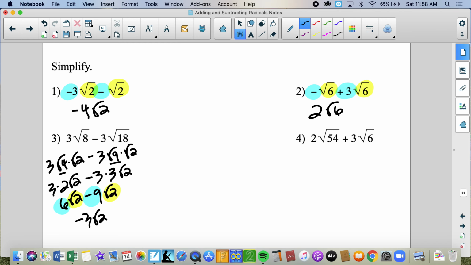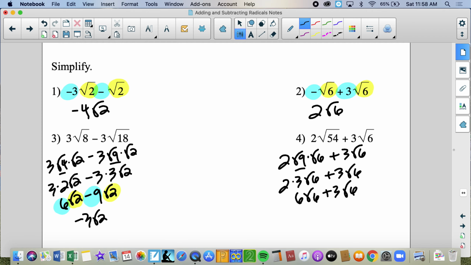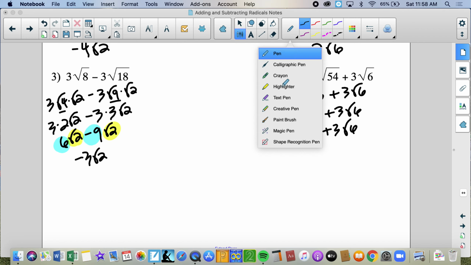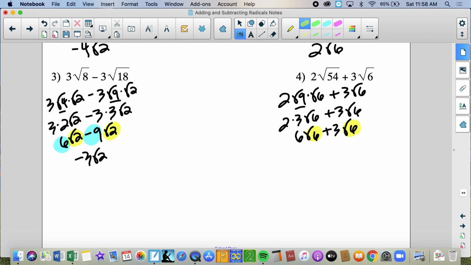2 rad 54 plus 3 rad 6, they look like they're unlike terms. And now we're going to see if we can simplify. Rad 54 has rad 9, rad 6. And rad 9 is a perfect square, so 2 times 3 times rad 6 makes 6 rad 6. We have our other term, 3 rad 6, which cannot be simplified. So we'll bring that down, and then we see that those are actually like terms. They have the same radical, rad 6 and rad 6. So we look at their coefficients, and we would get